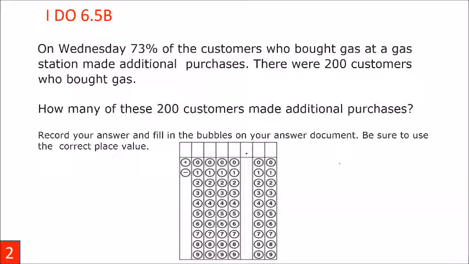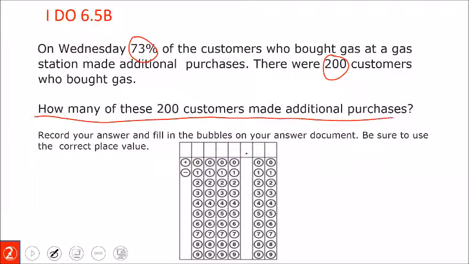All right, so on Wednesday, 73% of the customers who bought gas at a gas station made additional purchases. There were 200 customers who bought gas. How many of those 200 customers made additional purchases? Ms. Teiglin says to circle the numbers. So I've got 73, which is a number, and 200. Then Ms. Teiglin says that we need to underline the question. Now, after I do that, Ms. Teiglin also said that I need to box the important words. So we have of, which is multiply,